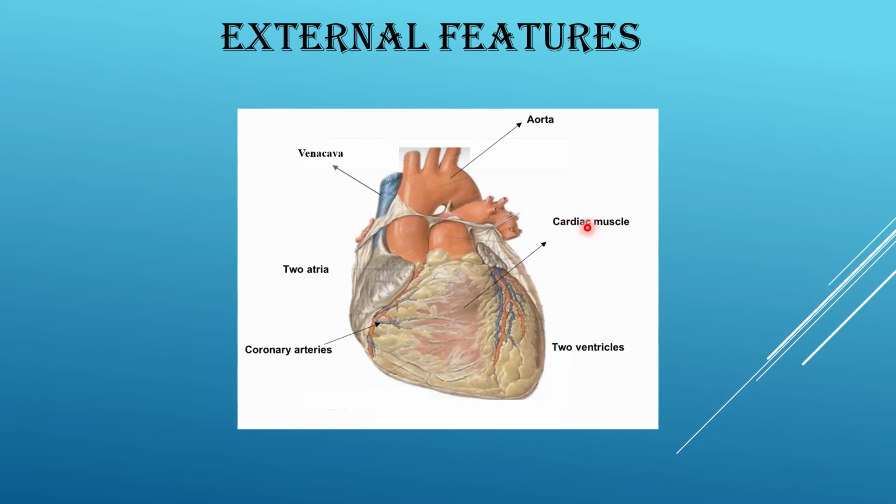And as these cardiac muscles also require supply of oxygen, it is supplied through the coronary arteries. These coronary arteries supply oxygenated blood to the walls of the heart, and the deoxygenated blood is carried by the coronary veins and coronary sinuses. And if there is a blockage, that means with a cholesterol deposition, the coronary arteries get blocked.